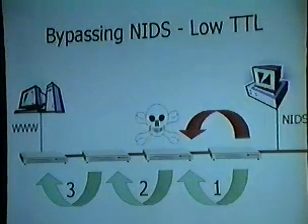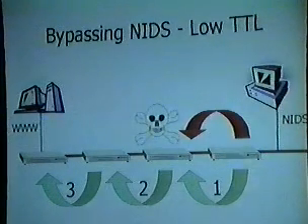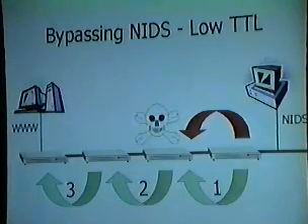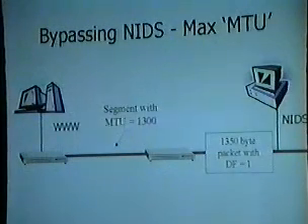As I said, if you send a packet in that has a time to live of like 1 or 2, after 1 or 2 hops, it's gone. It never actually makes it to the server. If the network IDS picks that up, that's a type of insertion that you can do to defeat the IDS. Now, another one, at least this slide will be up, but I can talk about it if the laptop dies again. Another one that a lot of network IDSs I know about don't do is this principle of